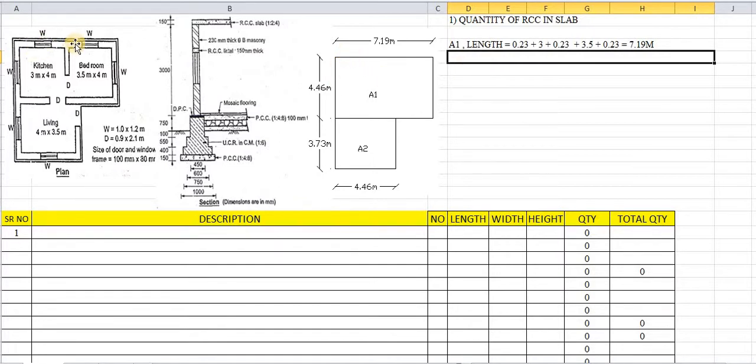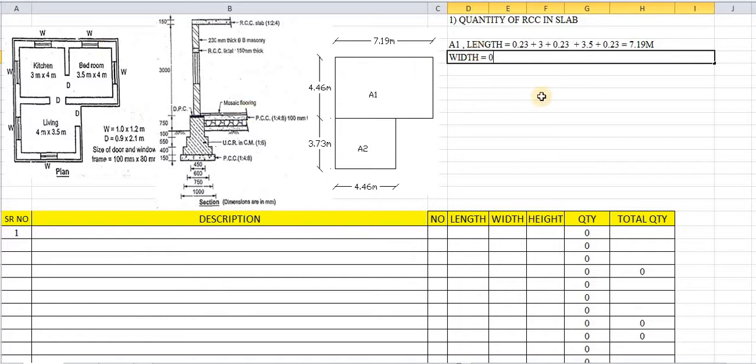What about the width in this case? While calculating the width, we will consider the wall thickness and the bedroom width of 4 meters, because the kitchen room width is the same as the bedroom width. We will consider 4 meters as the width of the bedroom or kitchen, and we will also consider the 0.23. This A1 figure we will end from this point up to this point, in which 2 wall thicknesses will be covered. We will start from this end.